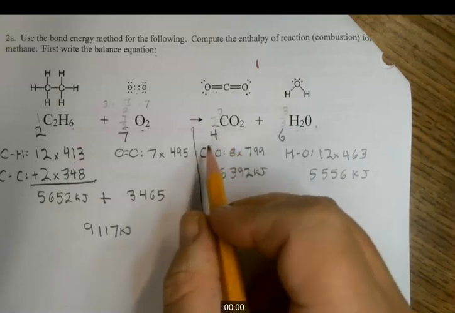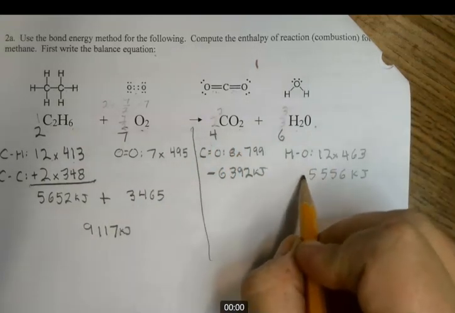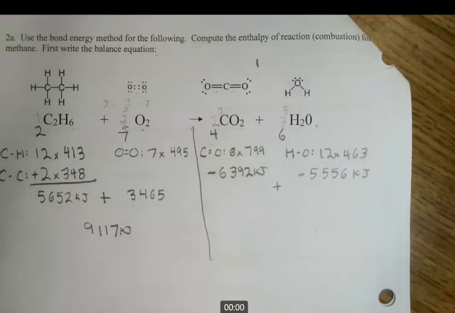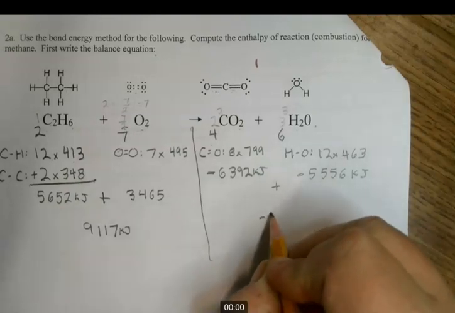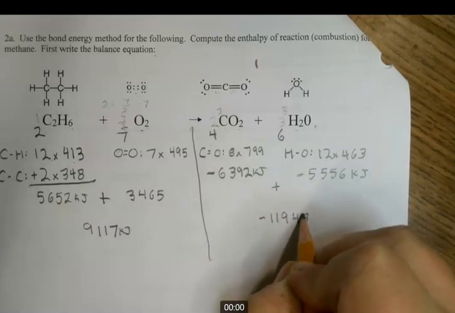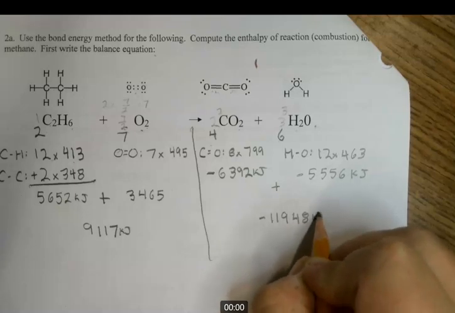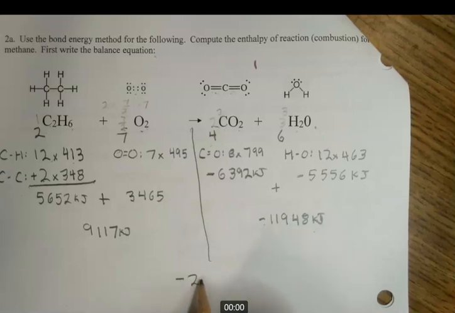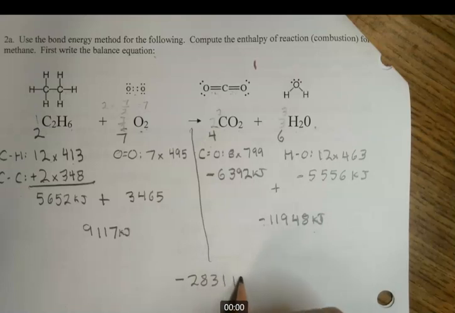When the bonds form, energy is released. The molecule goes to a lower energy state. So you're going to add those two together. And that's going to give us negative 11,948 kilojoules. Now you simply add these two sides together. Remember to keep the negative sign there. And that's going to give us an answer of negative 2,831. So this reaction is exothermic, and it releases